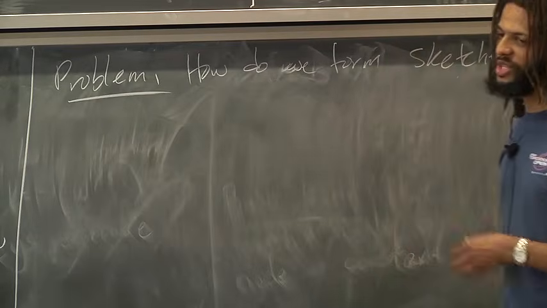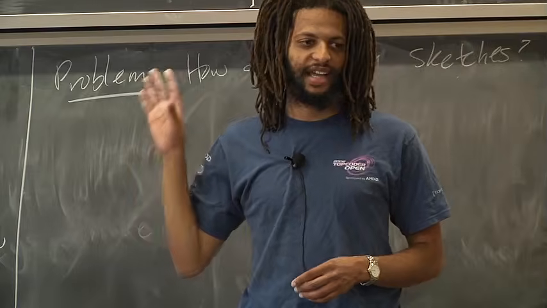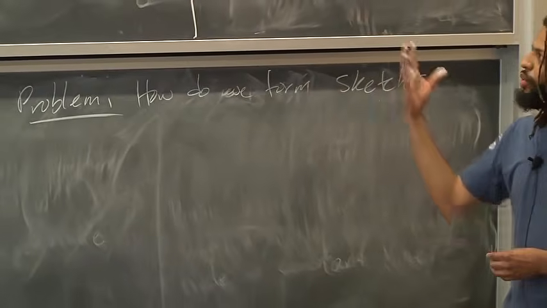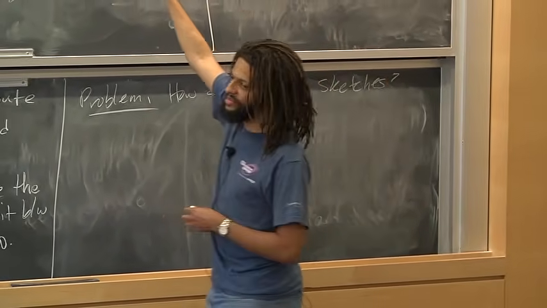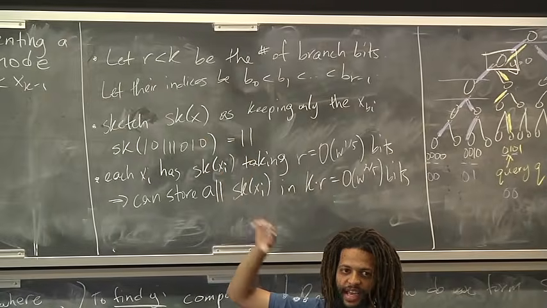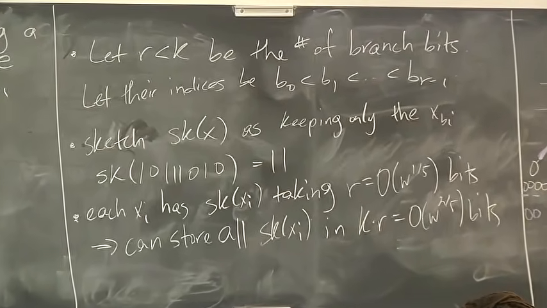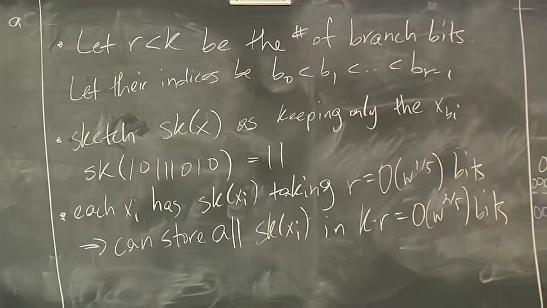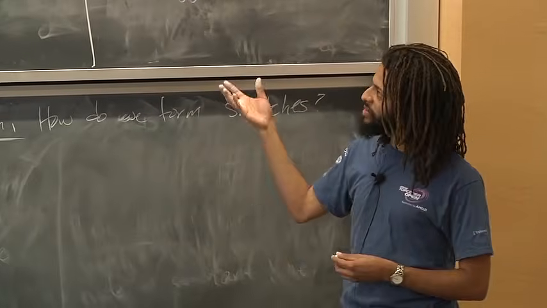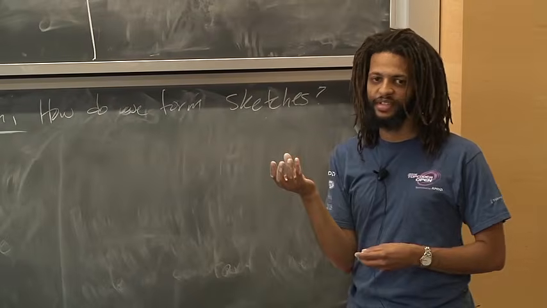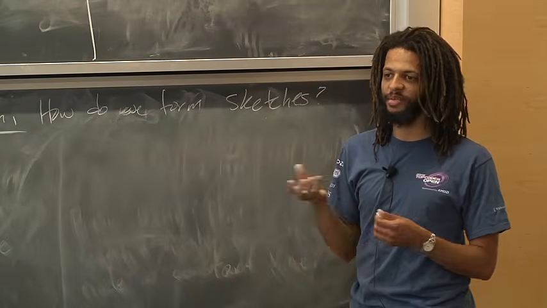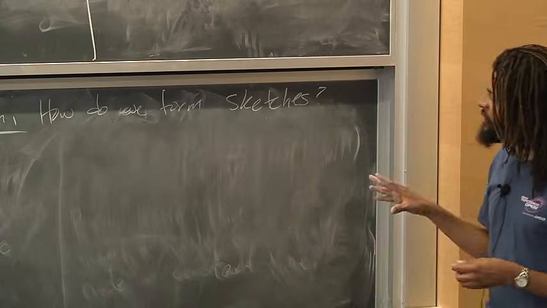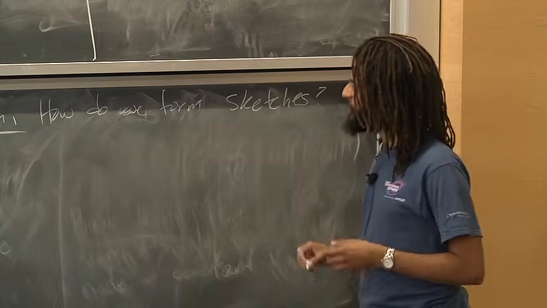Okay. And the idea here is we don't need to actually do sketching exactly as I said it. One way to do sketching is just to mask out the important bits, the b sub i's. That we can do just by a bitwise AND with a certain string we create in preprocessing. The problem is that doesn't do any compression. After you do the AND, you still have w bits left. So perfect compression would get us down to this w to the 5th. But we don't have to get w to the 5th either. We're allowed to be somewhat looser. So we don't want w, but we can get away with worse than w to the 5th.